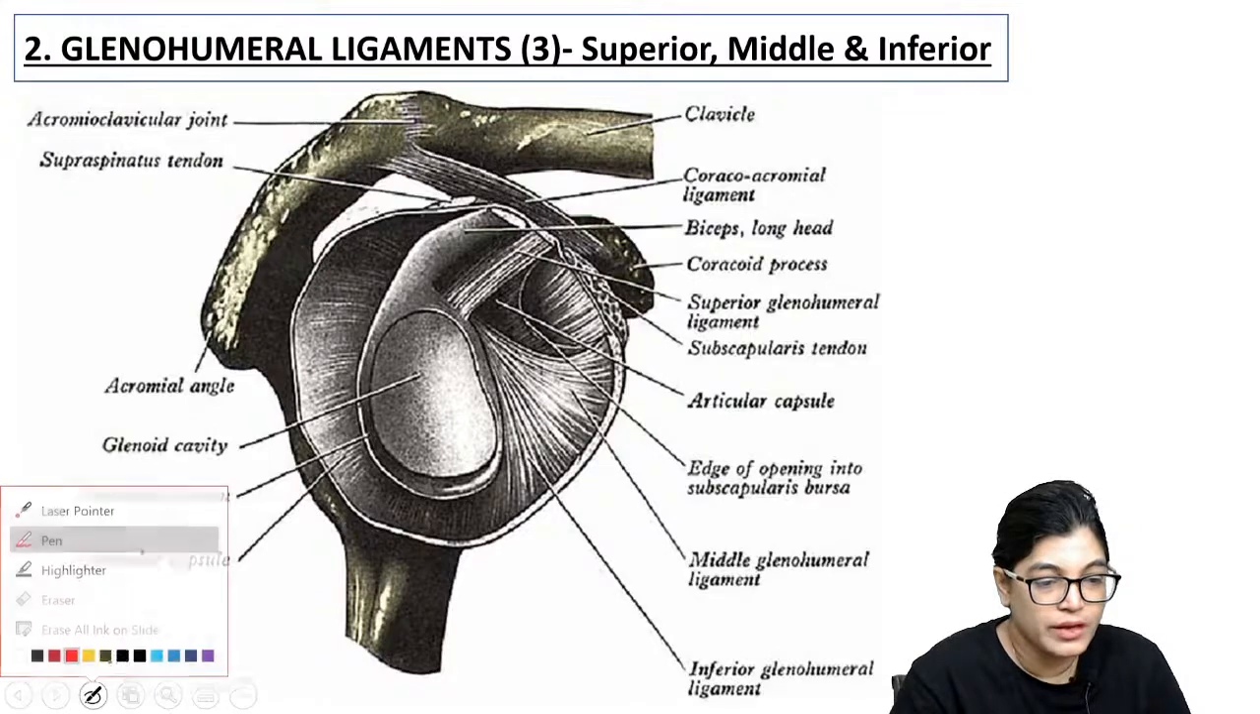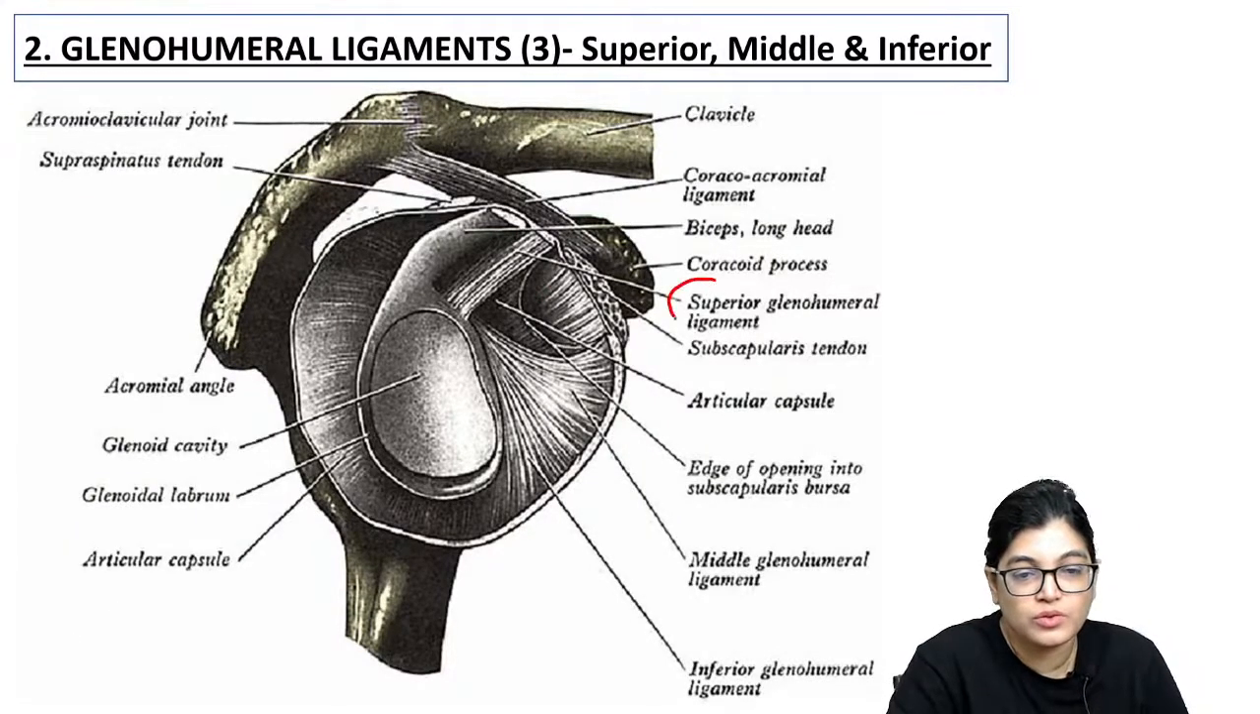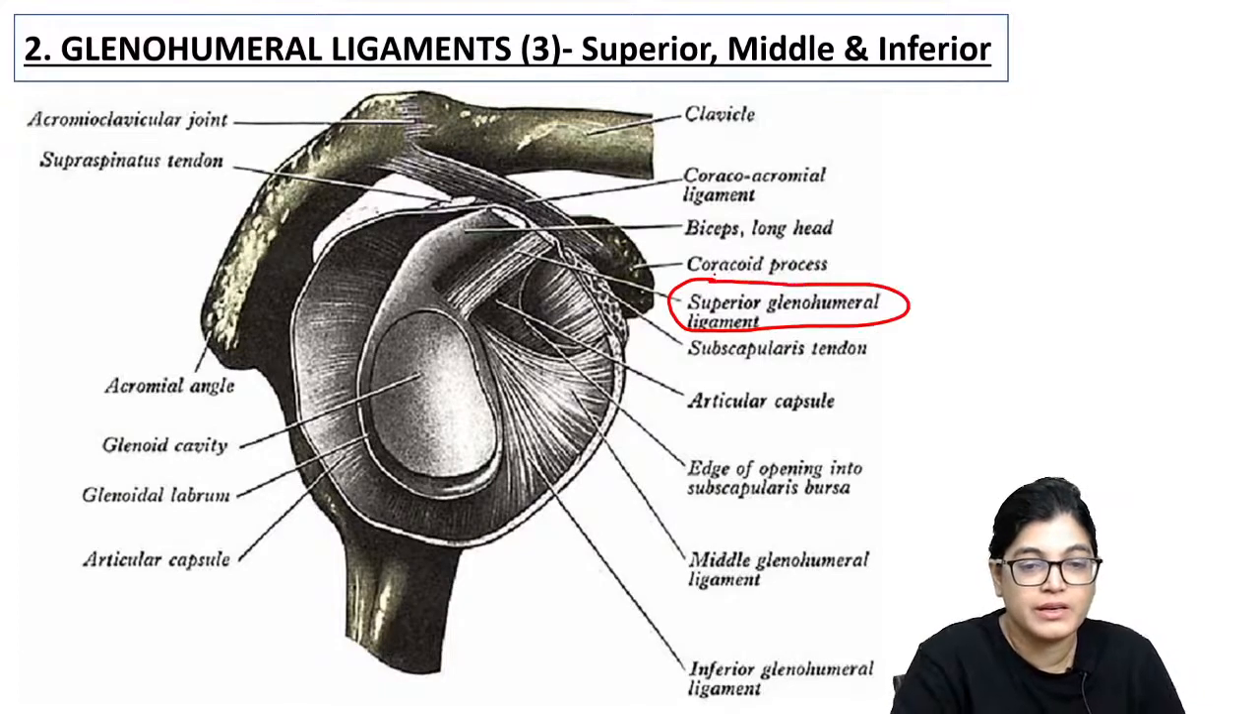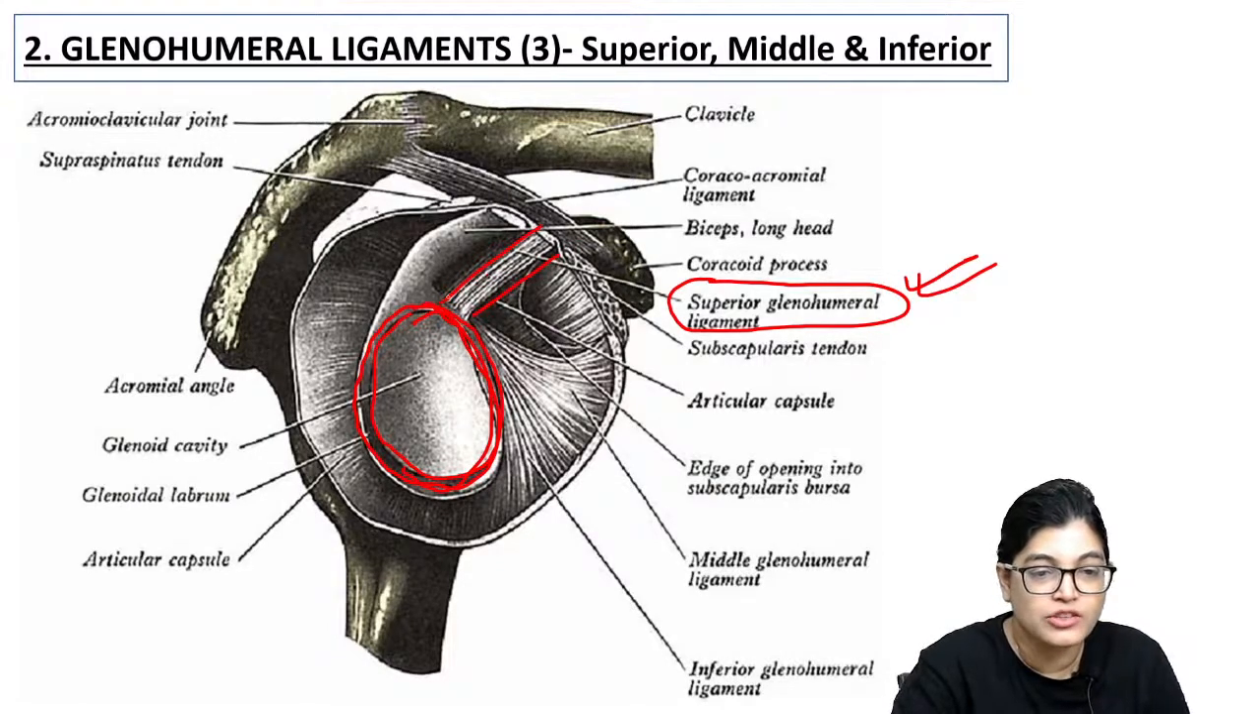Okay, see here. Firstly I want to show you the superior part of the glenohumeral ligament. This is the superior glenohumeral ligament, and there is no doubt about the medial attachment. If I encircle this glenoid cavity and glenoid labrum, on the outer aspect this is the glenoid labrum. All these ligaments are attached, and you can see the superior glenohumeral ligament is also merging with the